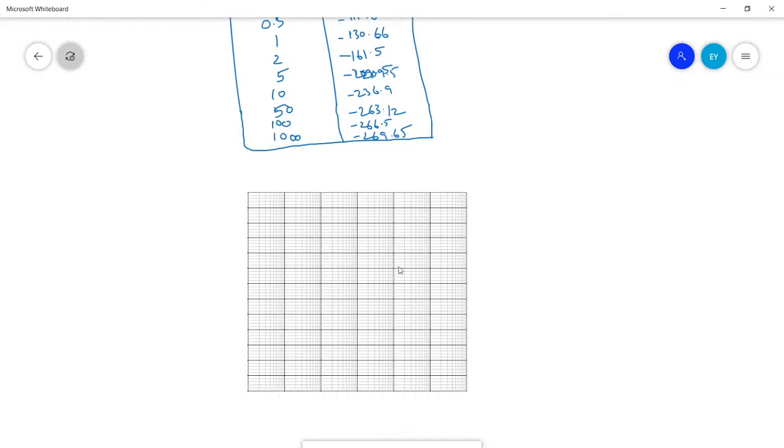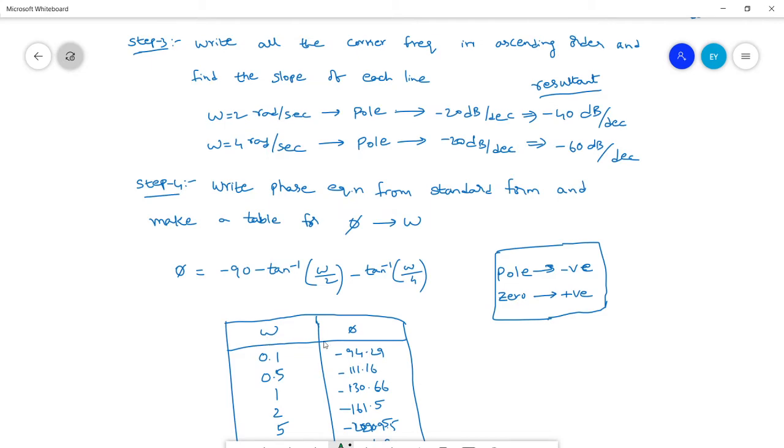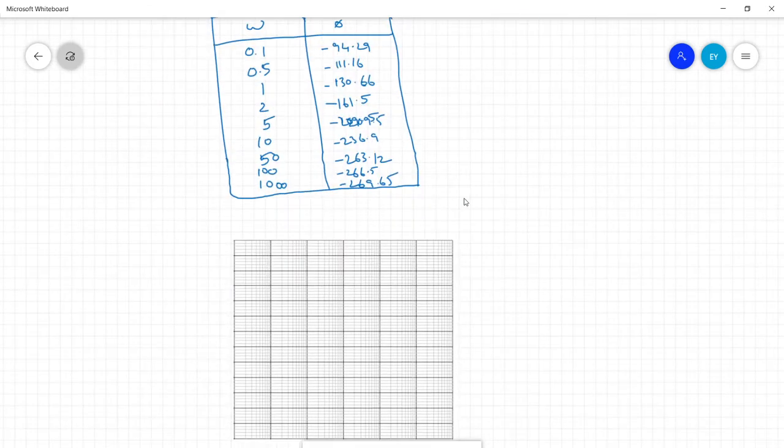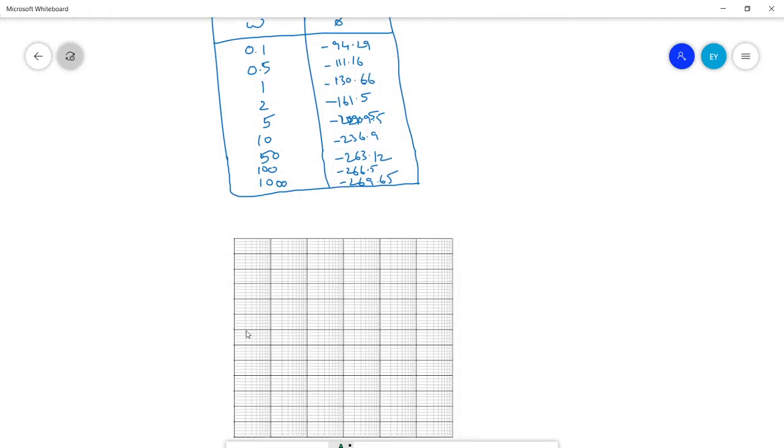Here we'll consider some similar graph. Okay, I am dividing this similar graph here. Okay, I'll just do it with another color, with green. Okay, to divide it and separate the phase plot and the gain plot, I'm just drawing a line. Okay, now